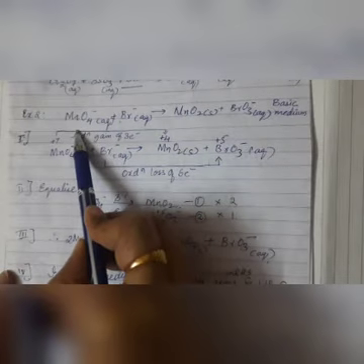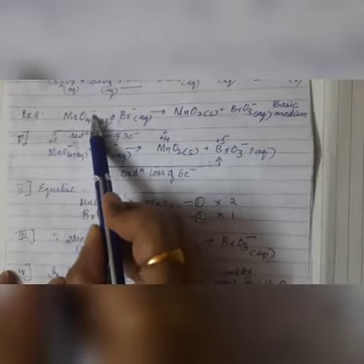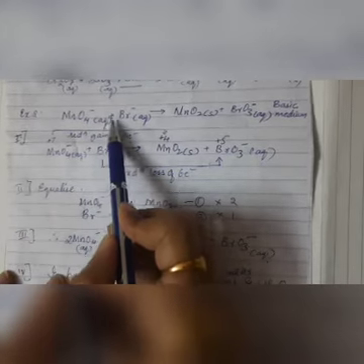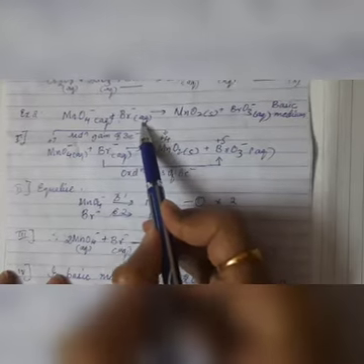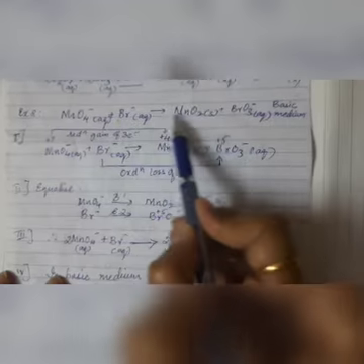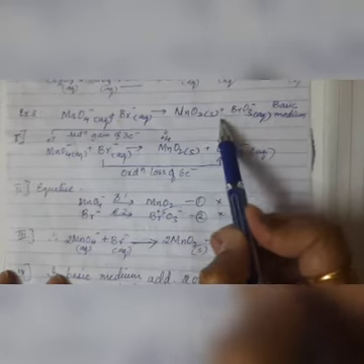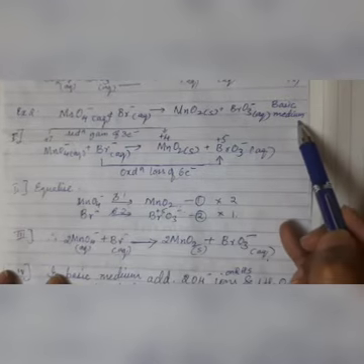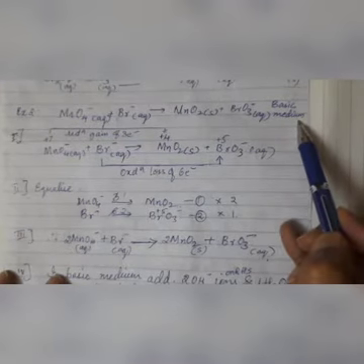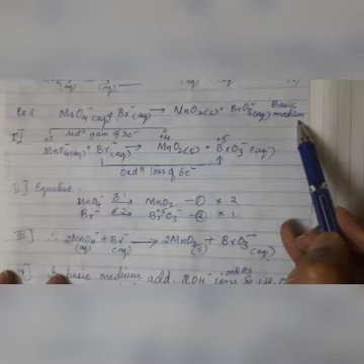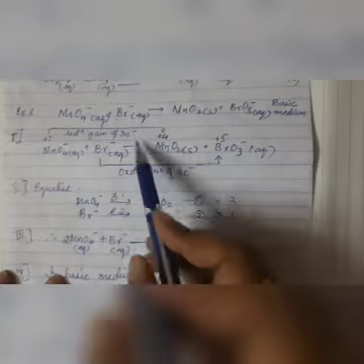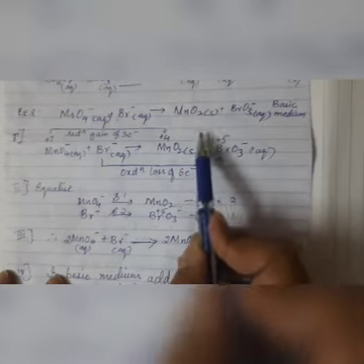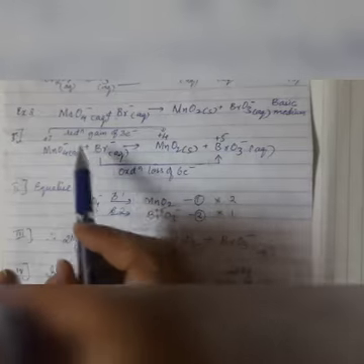The given example is MnO4 minus in the aqueous condition plus Br minus in the aqueous condition gives MnO2 in the solid state plus BrO3 minus in the aqueous condition, in the basic medium. So we should remember it is given in the basic medium. Sometimes the equation has to be formed depending upon the question.